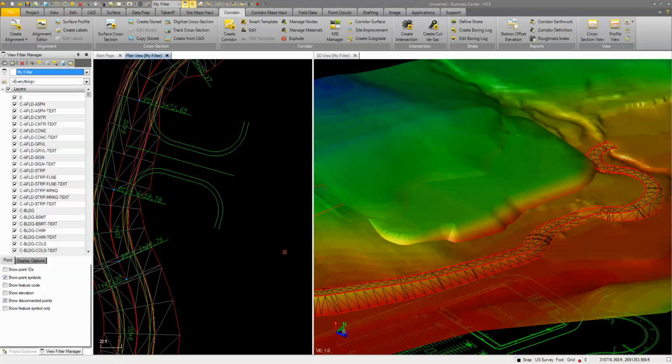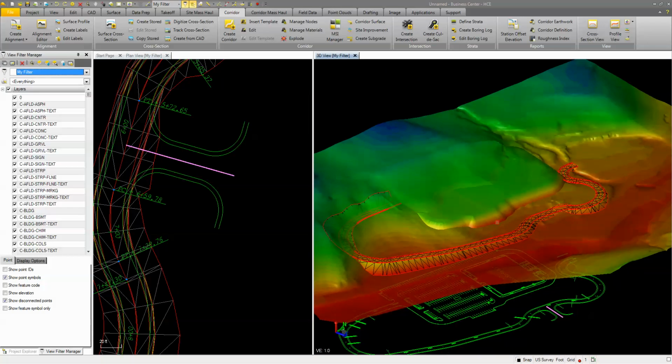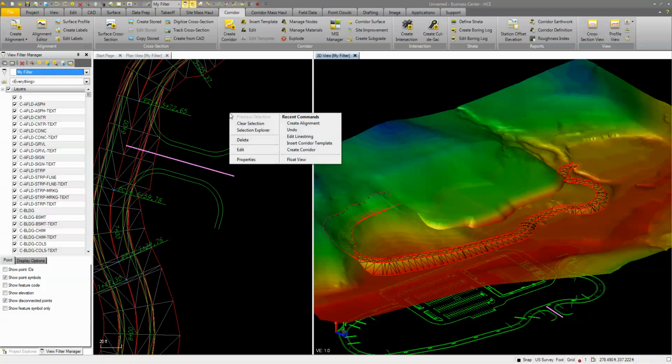The next task or step in this task is going to be to create the tie road. So we're going to create the tie road much like we did the main road. We're going to start by taking the line that is the center line of our tie road, and we're going to elevate it. So I'm going to right click and go to edit,